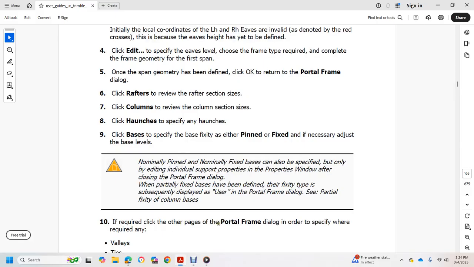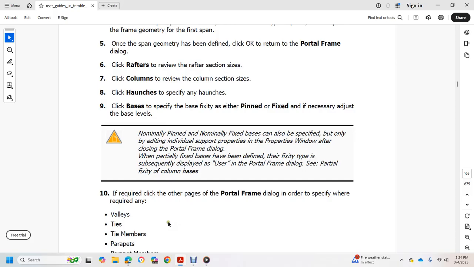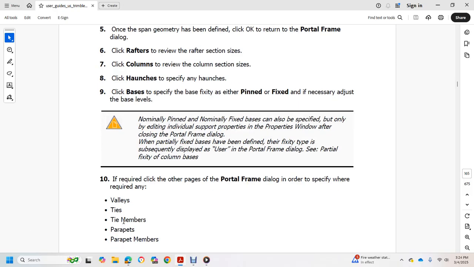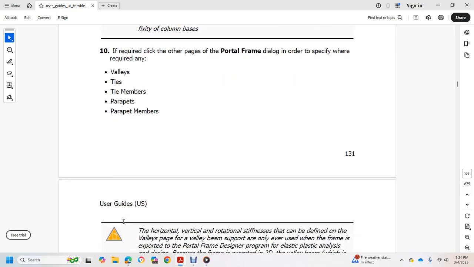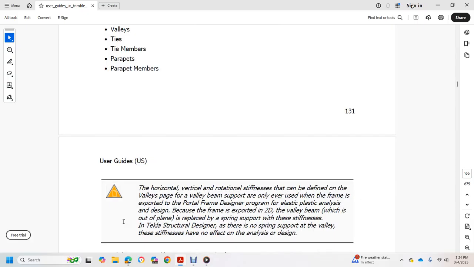You may also need to click other pages of the portal frame dialog box to specify whether you require any of the valley beams, ties, tie members, part bits, or part bit members. The horizontal, vertical and rotational stiffness that can be defined on the valleys page for the valley beam support are only ever used if the frame is exported with the portal frame design program, elastic